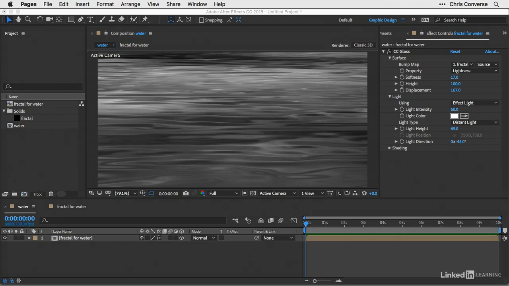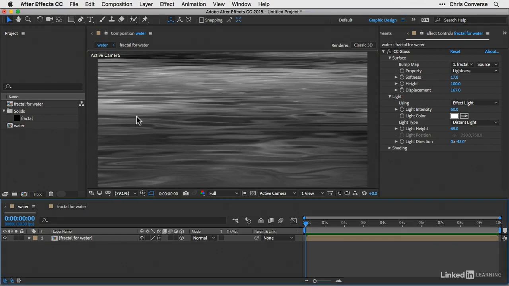This is part 3 of the creating a water surface texture lesson, and all we have left to do is apply a color gradient to our texture. So we'll be continuing with our nested 3D enabled composition layer. And in order to apply our gradient, we're going to use the gradient ramp effect, which we're going to apply